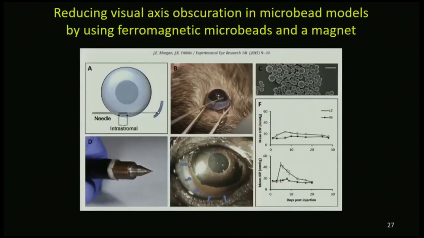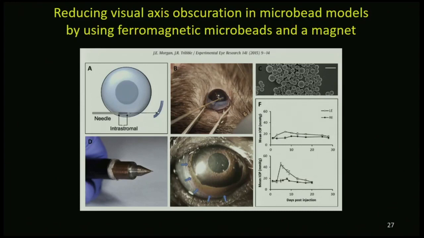Now, interestingly, in the Morgan review, they also talked about and introduced the ferromagnetic beads. These can be injected into the eye and then guided using a very thin magnet to the angle. So you can sort of draw these beads into where you think they need to be. The other advantage to this is that it clears the central axis. So if you're interested in looking at OCT findings in the posterior segment or ERG findings, this would be a little bit more preferable than the straight polystyrene beads.